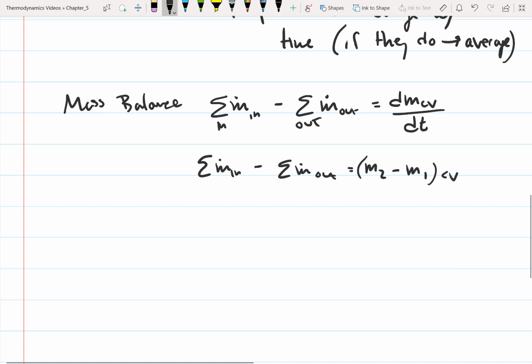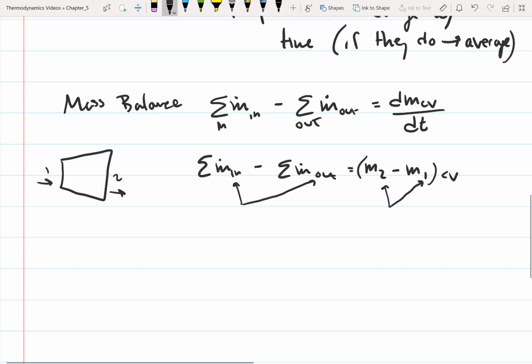And so I want to make a distinction here. With the steady flow problems, we've quite often been assuming that the inlet is 1 and the outlet is 2. Well, what we don't want to do is confuse that 1 and 2 for the inlet and outlet with thermodynamic states. So now that we're doing these unsteady flow problems, we need to distinguish the mass flow in and out and the thermodynamic states. So this in and out represent the mass flow in and out,